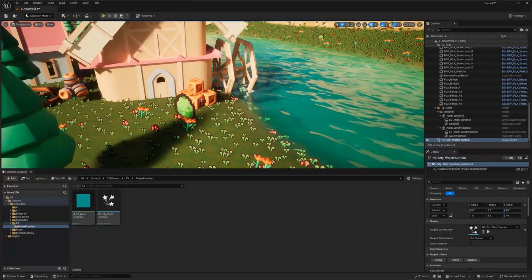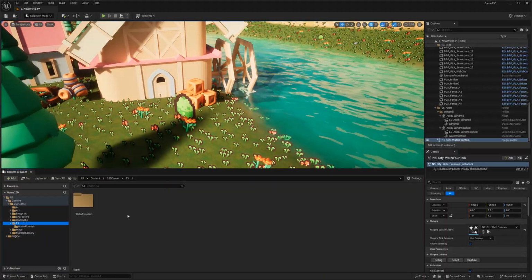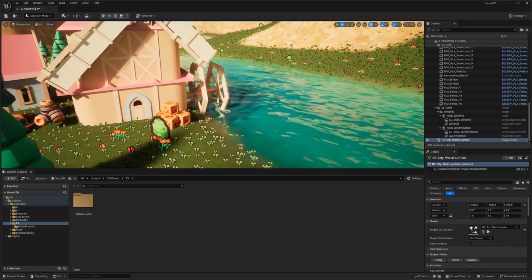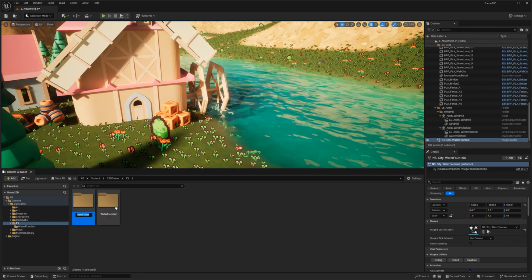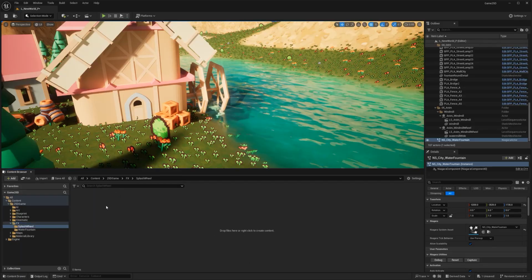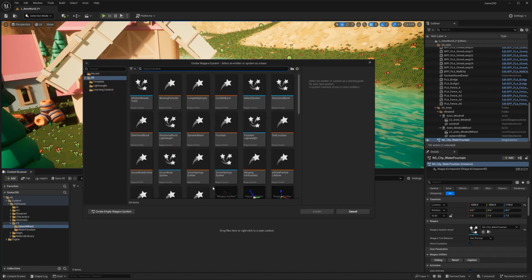But what I'm going to do for this is create another fountain here. Sorry, the fountain is the name of the Niagara system, but what I'm going to create is a new effect for the splashes here. So I'm going to go here to my effects folder, Ctrl-Shift-N, and I'm going to say splash wheel. Click in it, go in here and create a Niagara system.